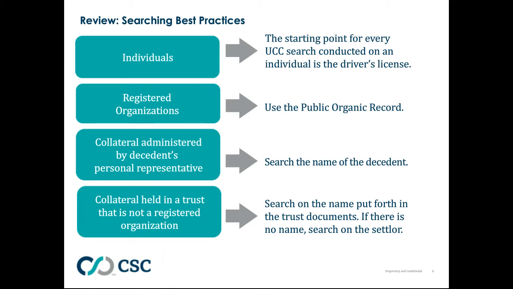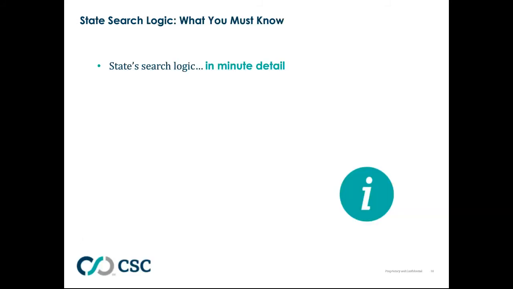And of course, the onus is on this, but searching at the state can be really hard. You kind of have to understand exactly how the state search logic works, how it's going to work in minute detail. Is it a starts with? Is it a keyword search? Is it a contained search? Is it Boolean? I mean, there's a lot of variables to searching at the state,